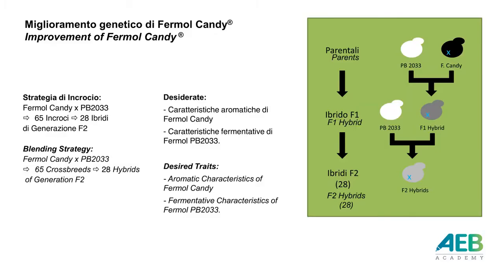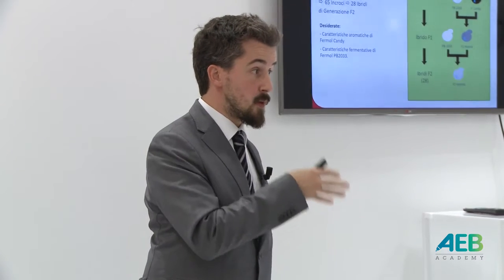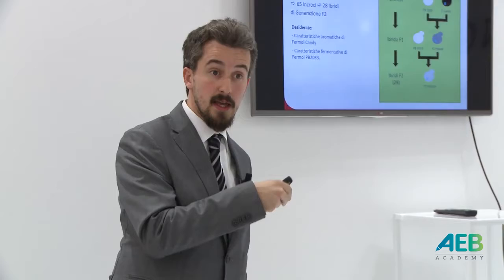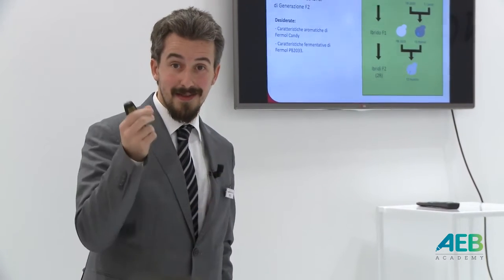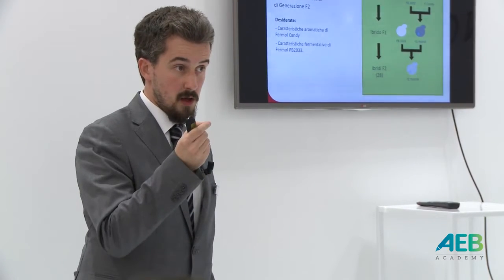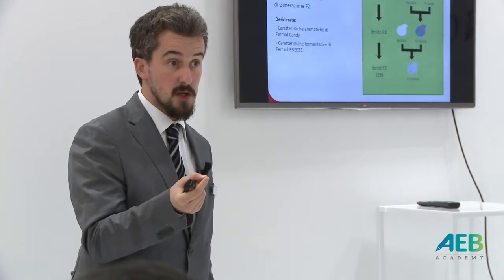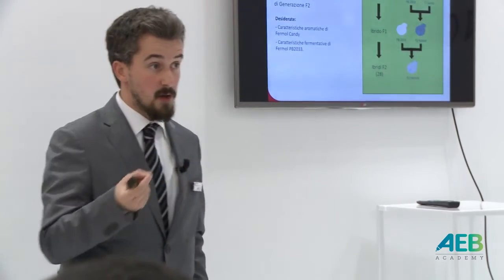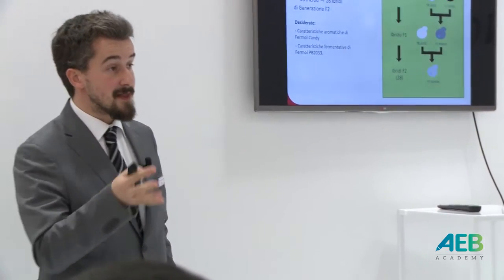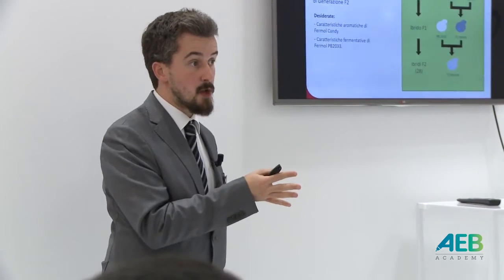Our idea here was to find yeast which was able to release a great amount of thiols, because we know that thiols are released, they are not produced usually, okay? It is not that yeasts are able to produce thiols, it is that yeasts are able to release the thiols which are already inside the variety, so inside the skin of the many different varieties. Sauvignon, for instance, has many thiols, a great amount of thiols, because the plant synthesizes thiols, not because the yeast